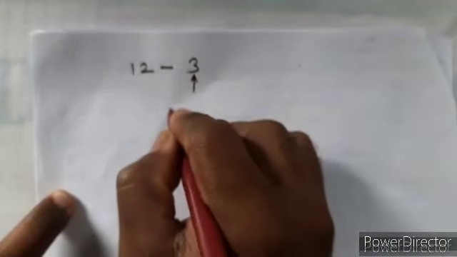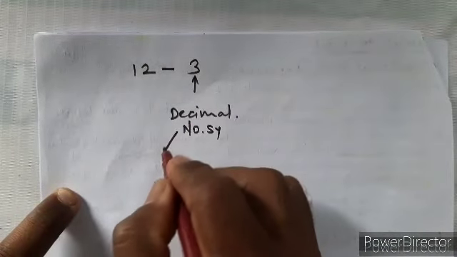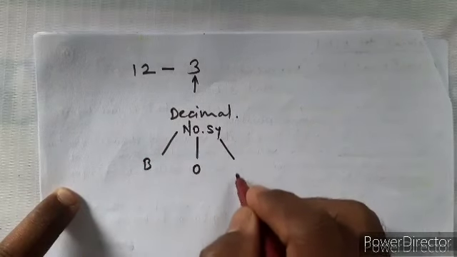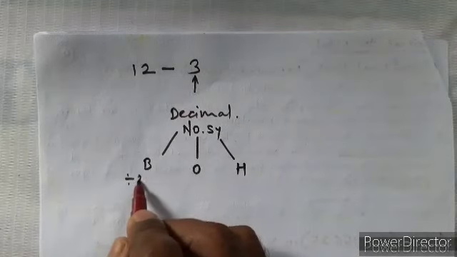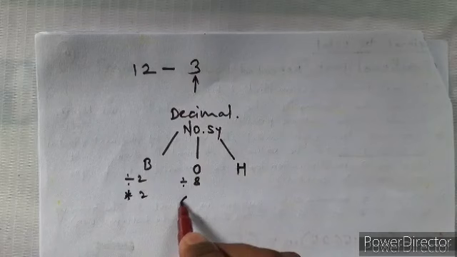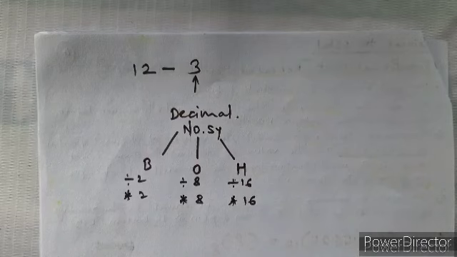Hello students, welcome to this ninth lecture on digital techniques where we are studying number system conversion. In the last lecture we have seen three types of conversion. So out of 12 conversions we have covered three conversions considering decimal number system: decimal to binary, decimal to octal and decimal to hexadecimal, right? So here it is divide by 2 and multiply by 2, here it is divide by 8 and multiply by 8, and here it is divide by 16 and multiply by 16 method.